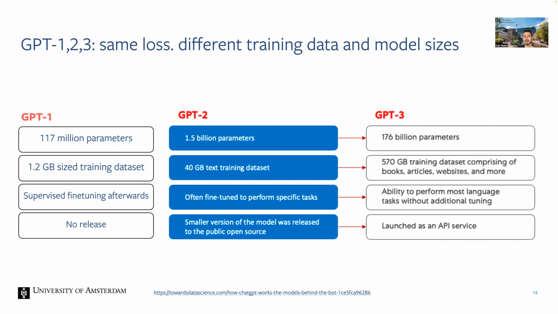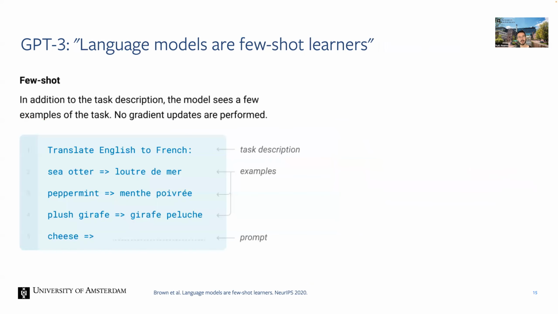All right, what do we mean by it's able to accomplish a couple of tasks without additional tuning? As it says in the title, language models are few-shot learners. What this model can do is few-shot learning inside a language model, without further fine-tuning. In this case, all of this blue stuff here, translate English to French, and then all of these examples, that's what we give to the language model. What we give to the language model, we simply call context.